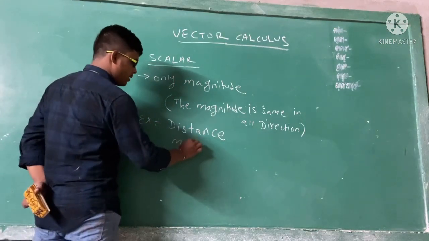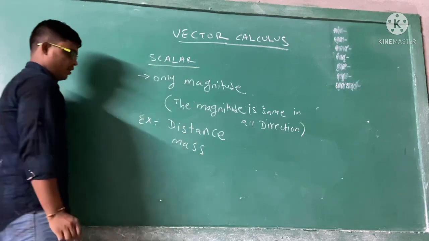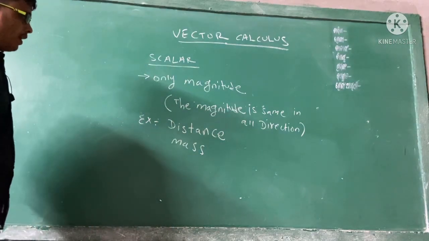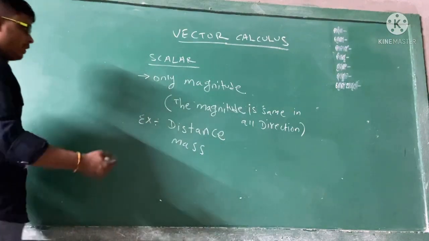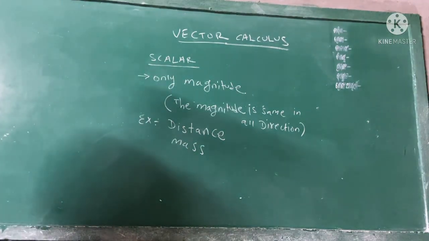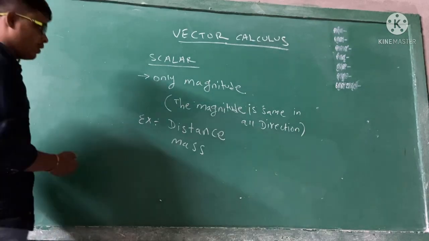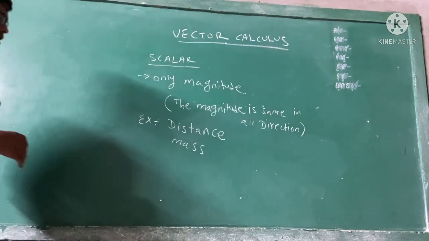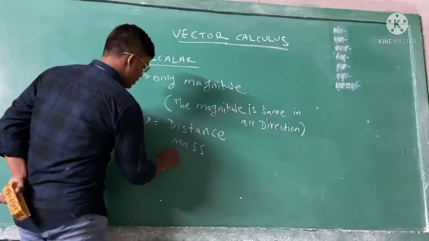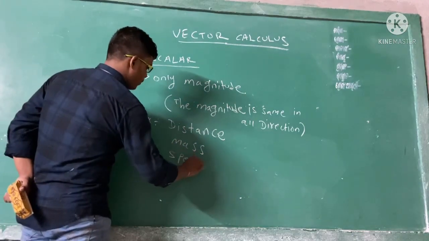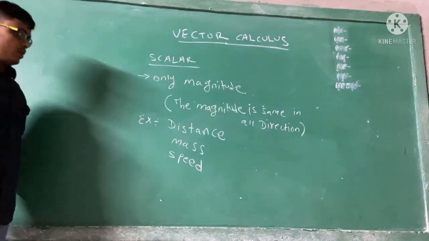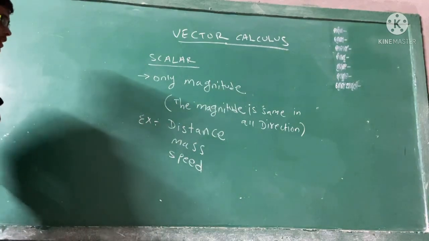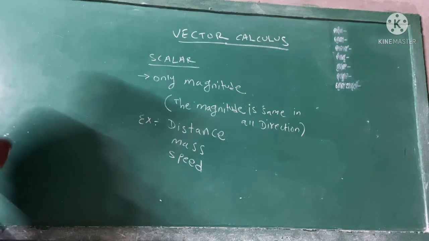And another thing is the distance. So first of all, the distance is a scalar quantity. Remember, distance and displacement, these are both different quantities. Distance and displacement, the meaning is the same, that is under the length category, but distance is scalar and displacement is a vector. Distance means how many paths you have gone, how many paths you have traveled. So that is the distance.